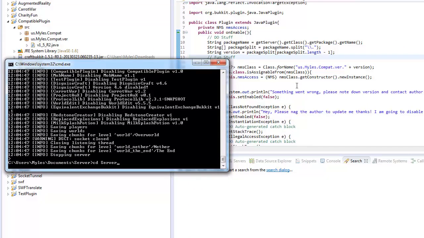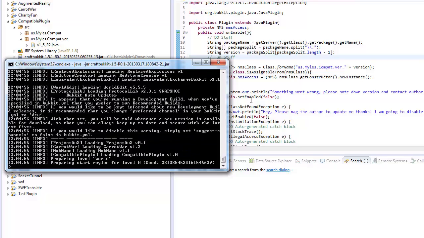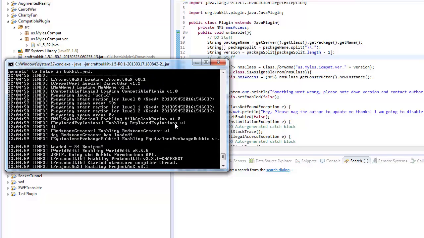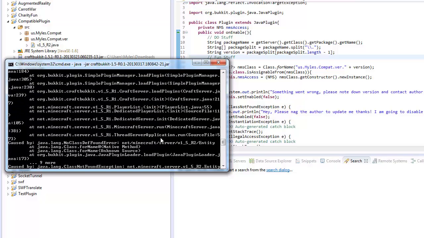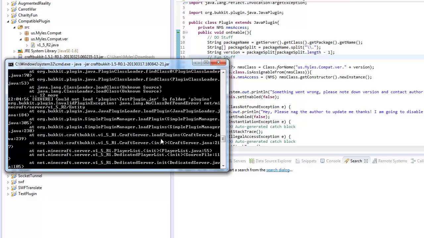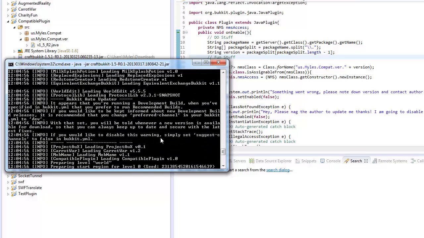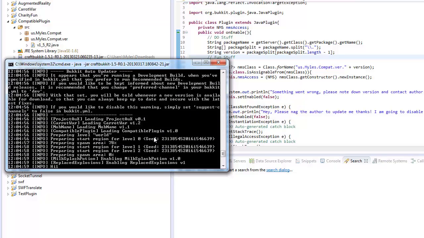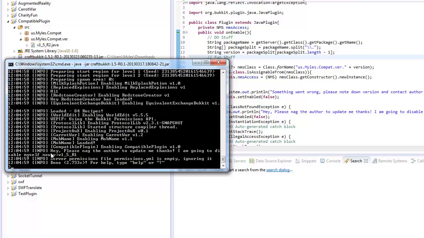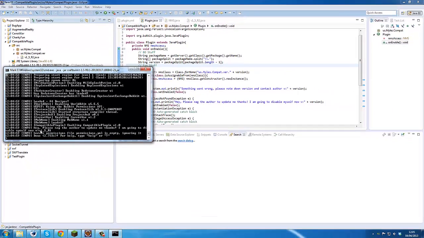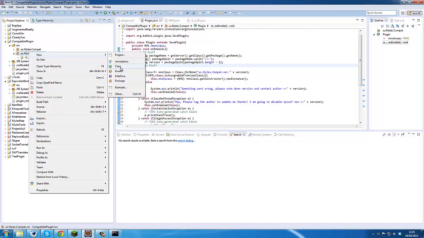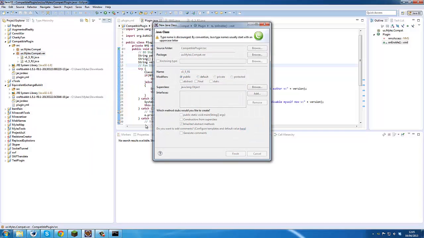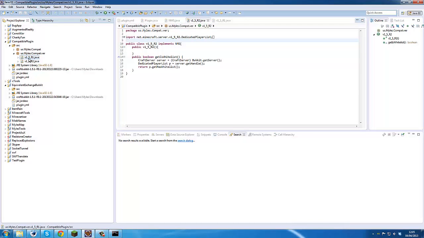Now I'll show you what it looks like on the other server. So this one. Now what happened there? I saw an explosion. Okay, we'll ignore that because it's a different plugin. Let's see. Hey, please nag the author. So what we do is when Bukkit updates, we'd run it, find that, and then we go right click, new class. Now there's probably an easier way to do this, but